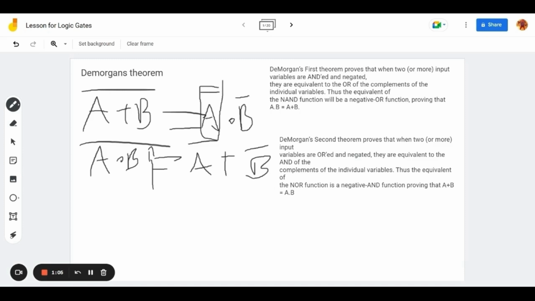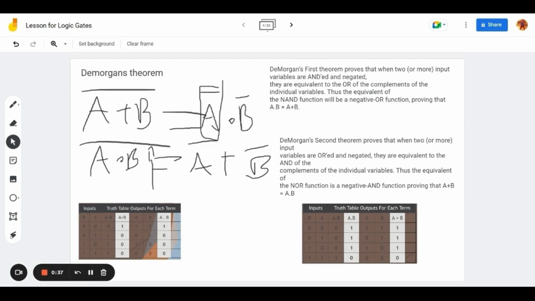But you may be wondering, how does this theorem exactly work? This theorem works because De Morgan, the guy who created this theorem, has seen that when you have a NOT a and a NOT b, it actually equals the reversed NOT of a and b. What I mean by this is, as you can look here on the newly added tables, NOT (a plus b) equals NOT a times NOT b reversed. As you can see here,